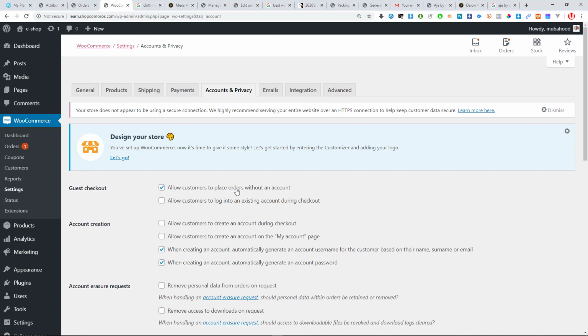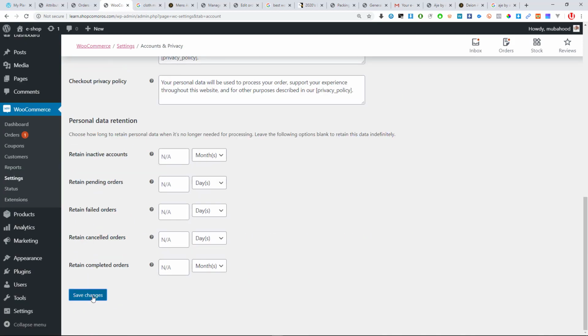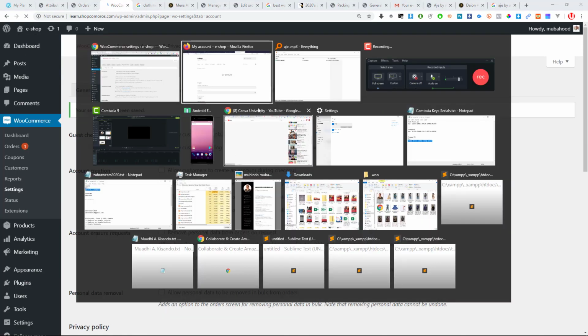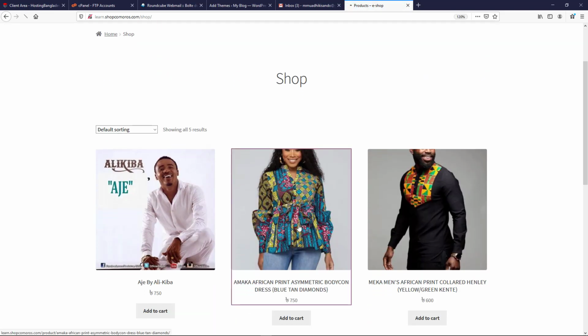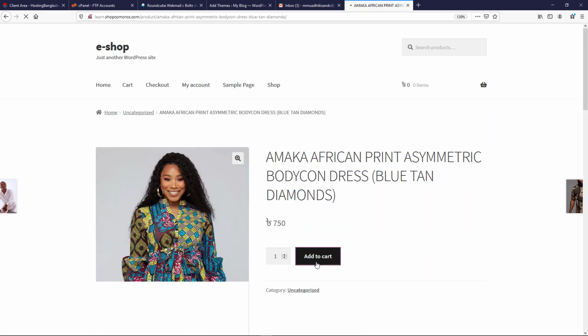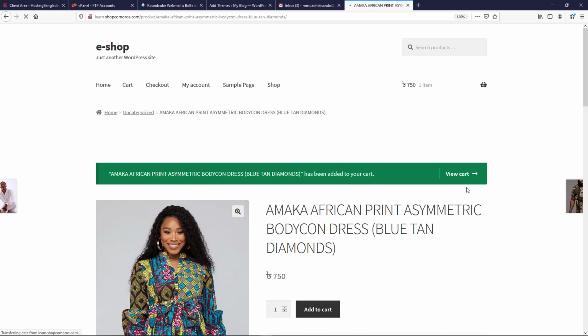Allow customers to place order without creating an account. If you don't want to allow customers to place their orders the way it was, without creating an account, you have to uncheck this. Okay, so when I save, let me try to place another order. If I add to cart and then I go to checkout,